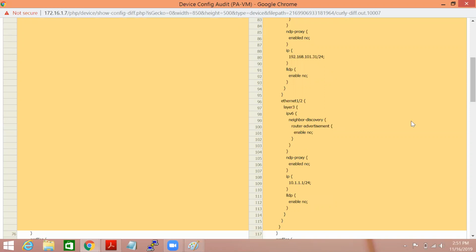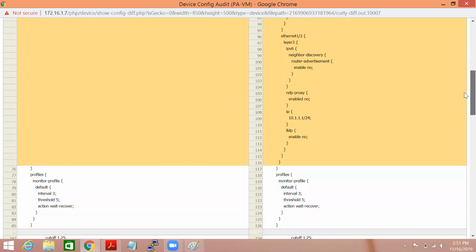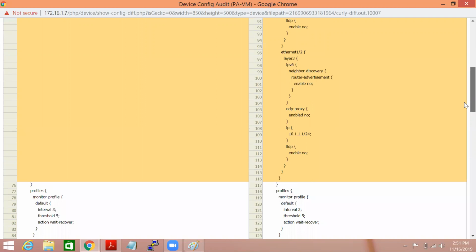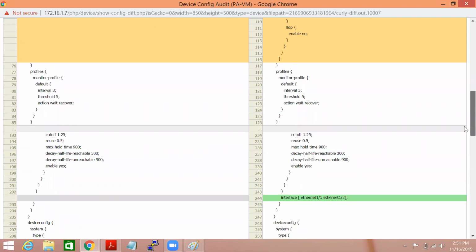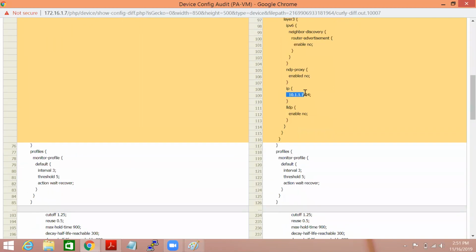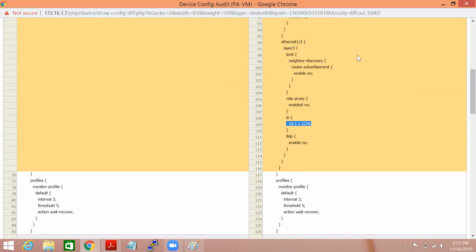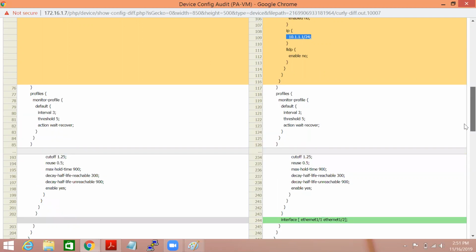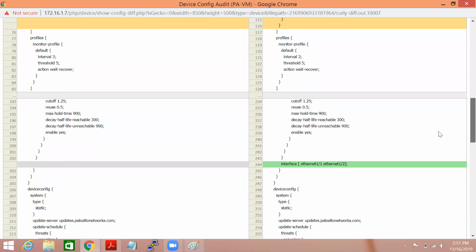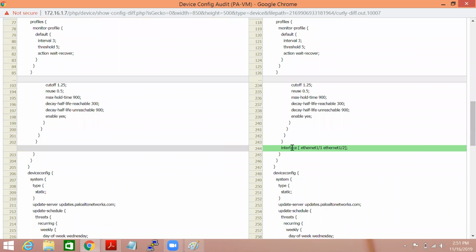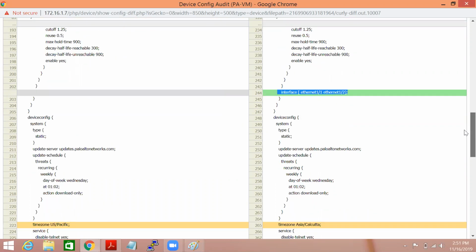We allotted this into the default routing table, and one more interface we configured, which is 1/2, which is also L3, with an IP address that is also showing. So the interfaces we configured are showing.